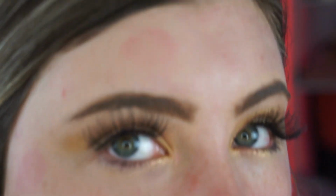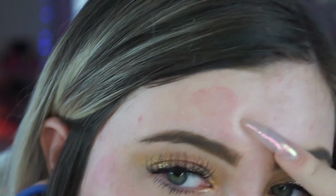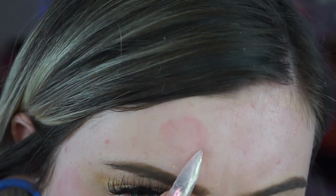Guys, so I was literally just taking off my foundation because I was gonna film some other stuff, and I wanted to show you these spots right here of where I put on the Fenty foundation. I just thought that it was a little strange. The Fenty foundation does set on the quicker side, so when I put it here and I blended out here first, I did blend out these dots last. Could be nothing, could be something, but I just wanted to show you guys